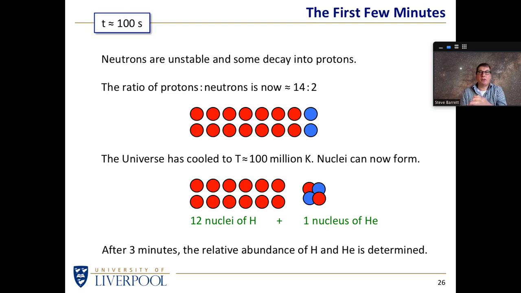If you work it out in terms of the numbers of particles, or if you think about it in terms of kilograms, it really doesn't matter. If you look at all of the stuff in the universe, most of the stuff in the universe is gas. Stars and dust and planets occupy a tiny fraction of that, so most of the universe is gas. And when you see how much of that gas is hydrogen and how much of that gas is helium, what do we find when we observe? We observe 3/4 of it is hydrogen and 1/4 of it is helium.